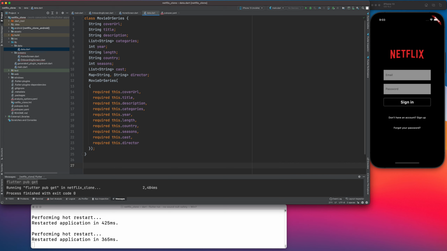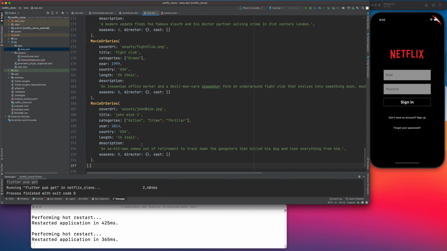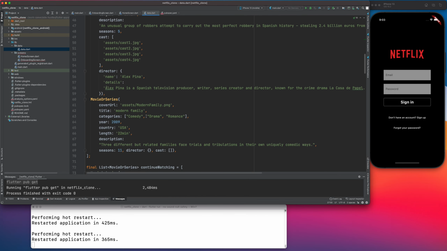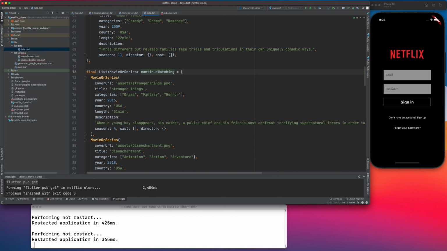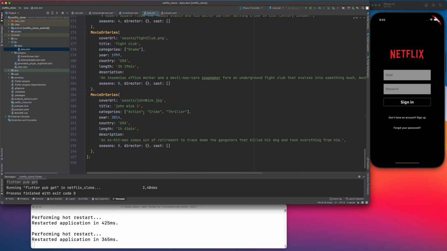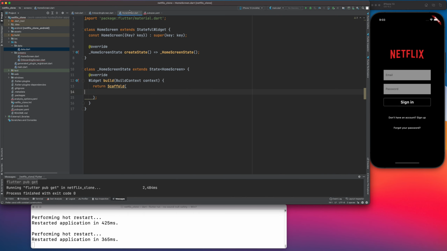So once this is done, I'm gonna copy paste some dummy code. So I have already added, it's just a tedious process, so you can actually copy all of these as well, and I'll go over it, what's in it. So I have the main list, so main list will be all the trending list. Then I have something in continue watching with all these fields, and then I have my list, which I get added to the my list part. So I'll be using this in home screen